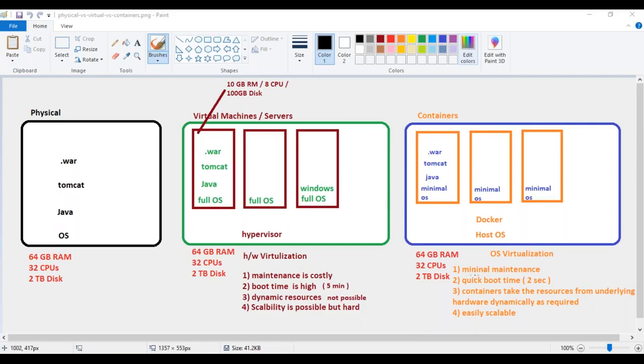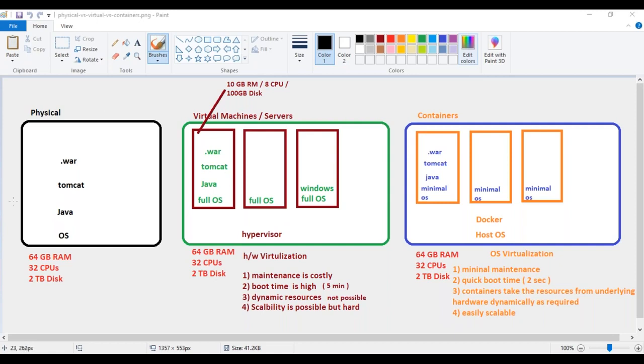Now finally, the maintenance part. Since this is a minimal operating system here, there are no licenses required, no patches required. You could build this image again with the latest version in the development environment itself, and deploy across different environments. So you are completely avoiding the maintenance of various software such as Java, Tomcat, and the OS being different at different environments. All that maintenance is gone. The only maintenance we worry about now is the underlying host OS. That is a simple host OS maintenance that is still required, obviously, and it can be taken care of easily with minimal resources or minimal cost.